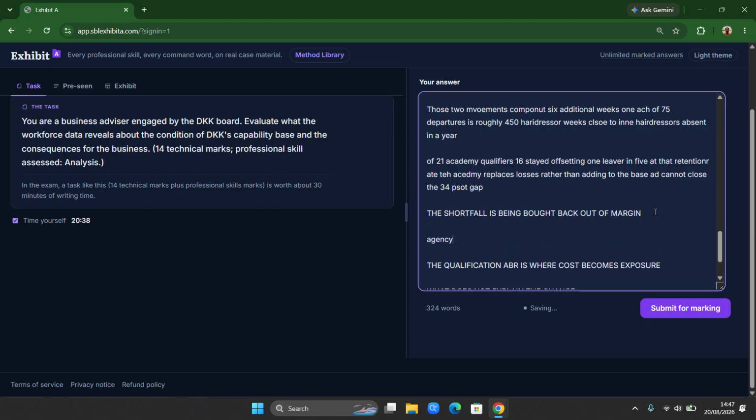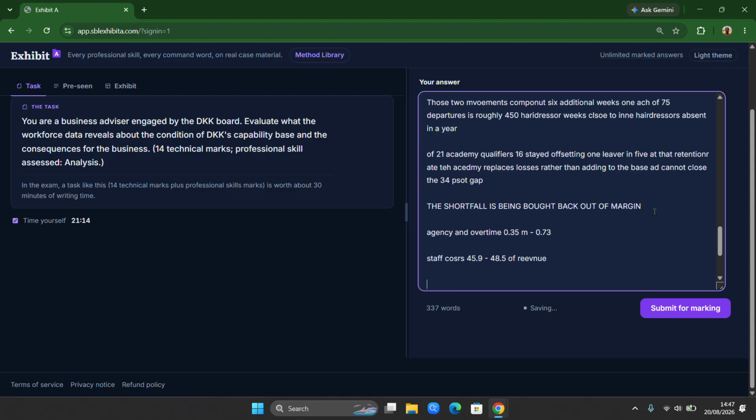Right, so the agency and overtime is 0.35 mil, and it's gone to 0.73. Staff costs are 45.9% to 48.5% of revenue. So second section: a shortage has to show up somewhere. It shows up as costs or it shows up as lost revenue. So which one is it? So my point here is going to be